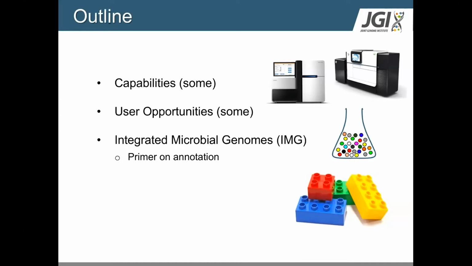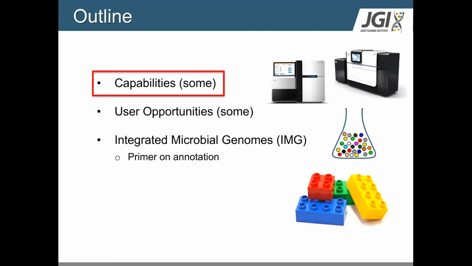And then the third part of the talk is a user interface platform that we have for comparative genomics and comparative metagenomics called Integrated Microbial Genome. So I'll touch upon that briefly. And if I have time, if I'm not going over, I might do this primer on annotation since we've talked a lot about KEGG and DRAM and all the different pipelines that are used to do functional annotation. So I'm going to attempt to get there, but if not, these slides will be made available to everybody. So you'll be able to hopefully learn just from looking at the slides later on.